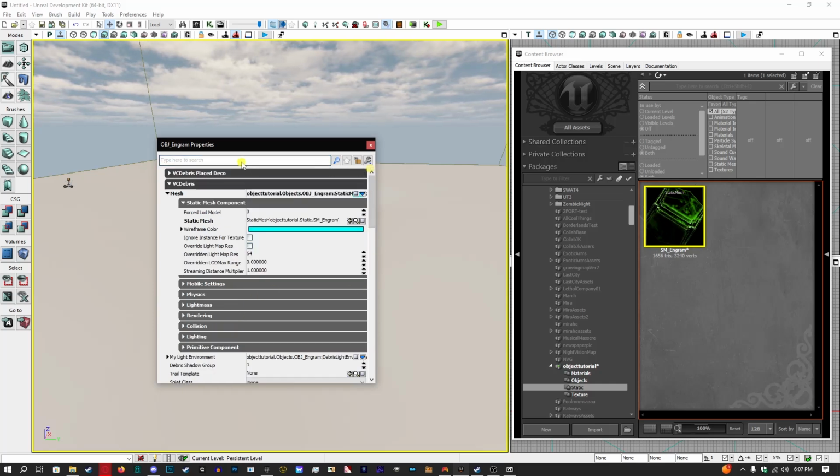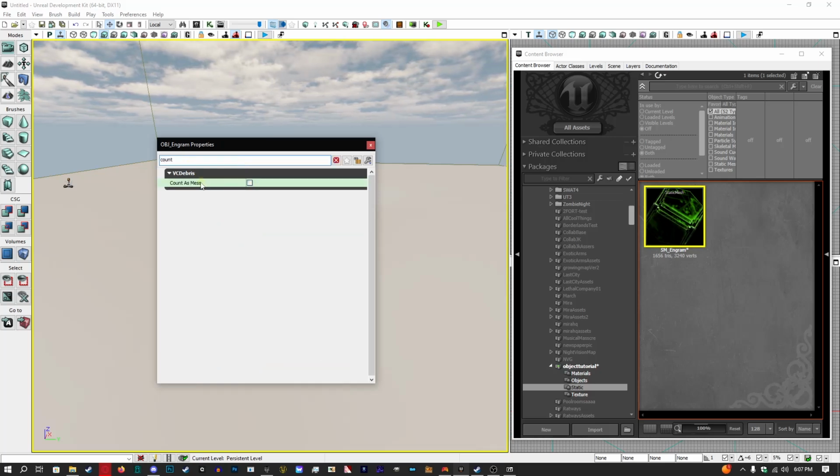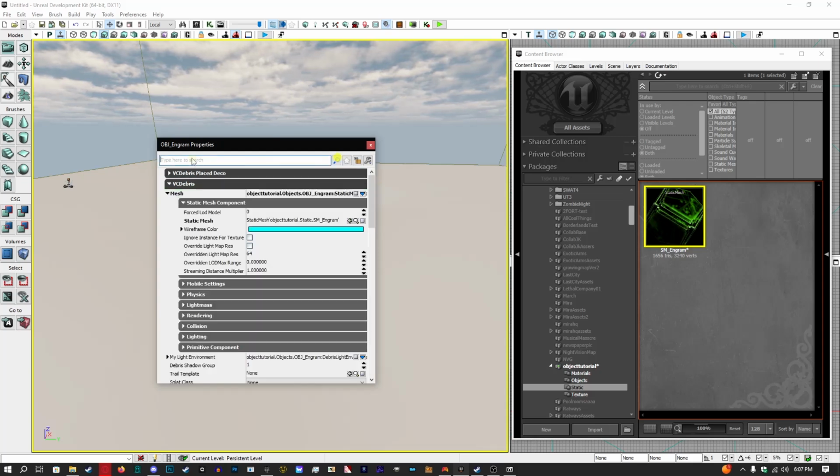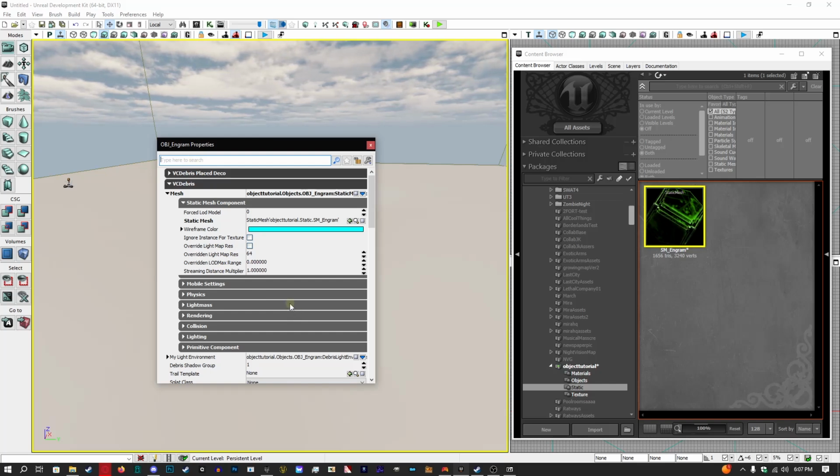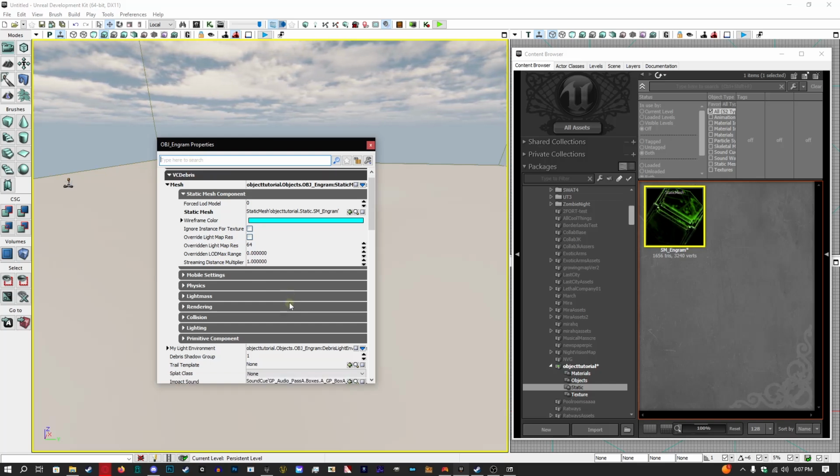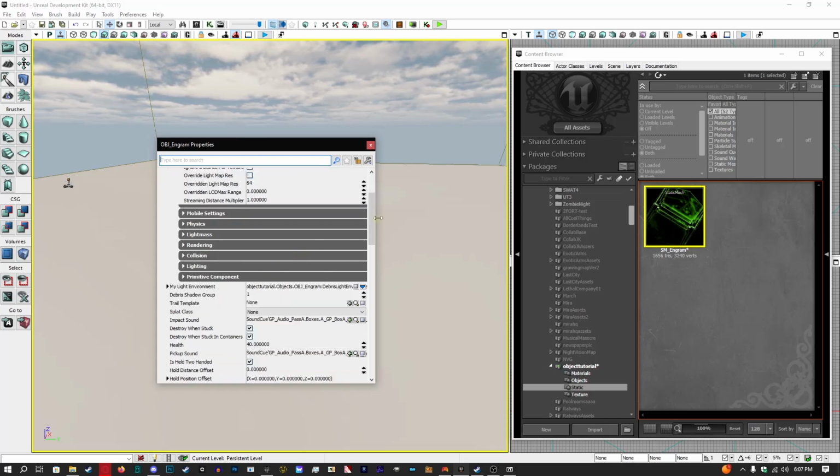Another thing you want to check is count as mess. This is pretty self-explanatory if you want your object to be trash or if you don't want it to be trash. Another thing is, depending on what object you selected, I actually can't really remember how to do it. It's been a while, but